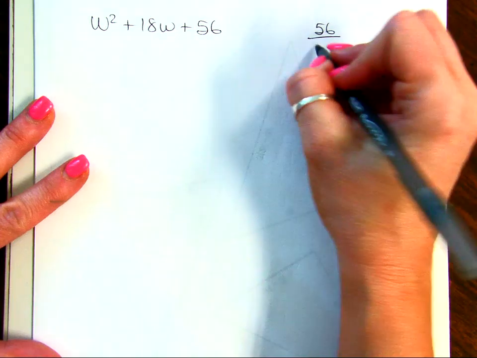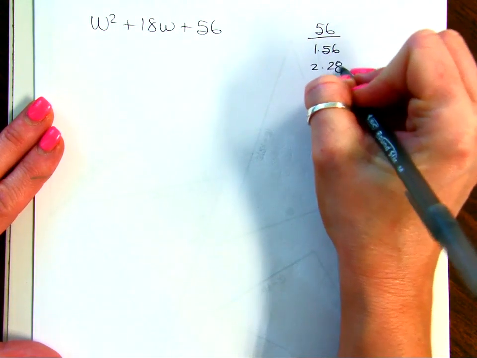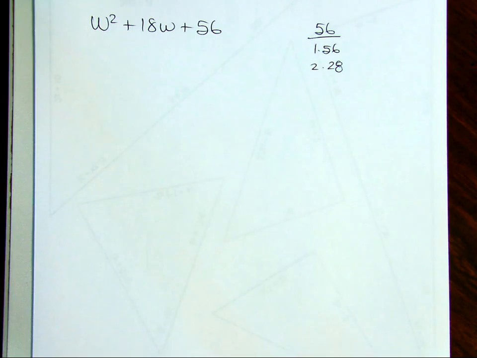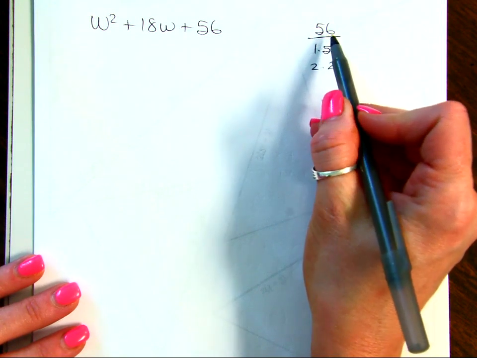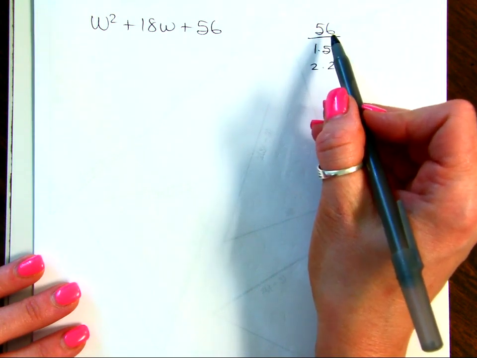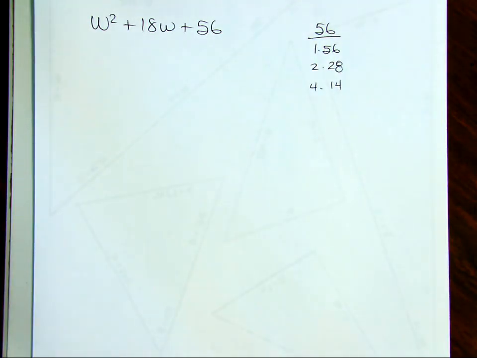So 1 times 56. 2 times what? 28. 3 times nothing. You know how I know 3 doesn't go into 56? Because 5 plus 6 is 11, and 3 does not go into 11. 4 times 14. There you go. There's your 18, right? So I'm showing you this for a reason, because it's not always going to be up